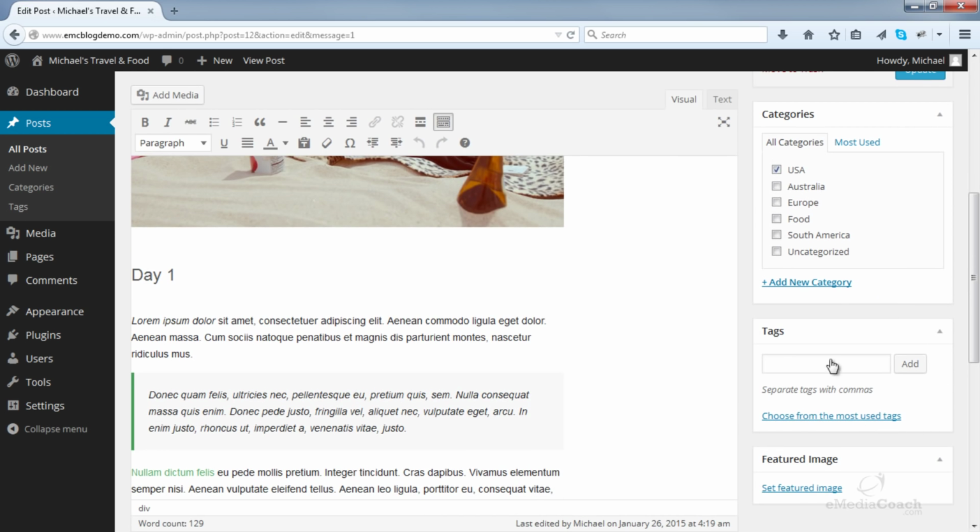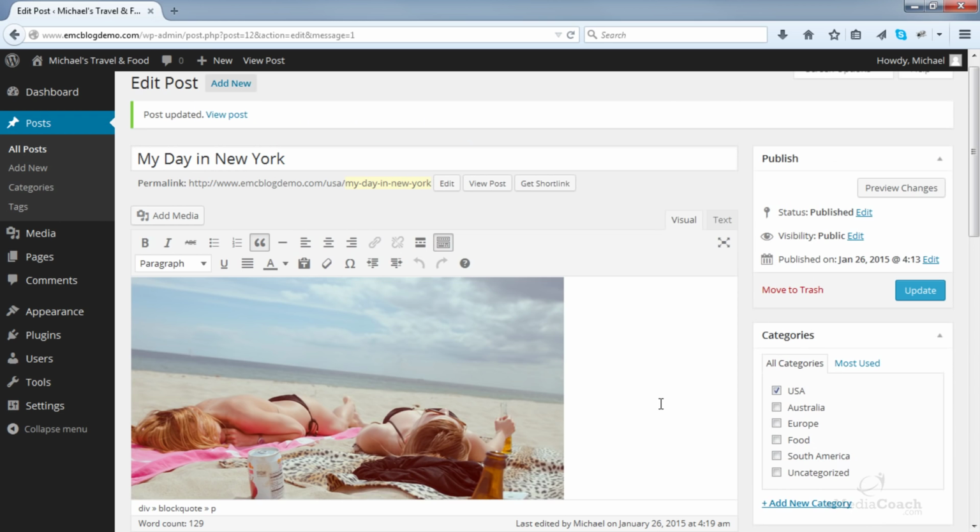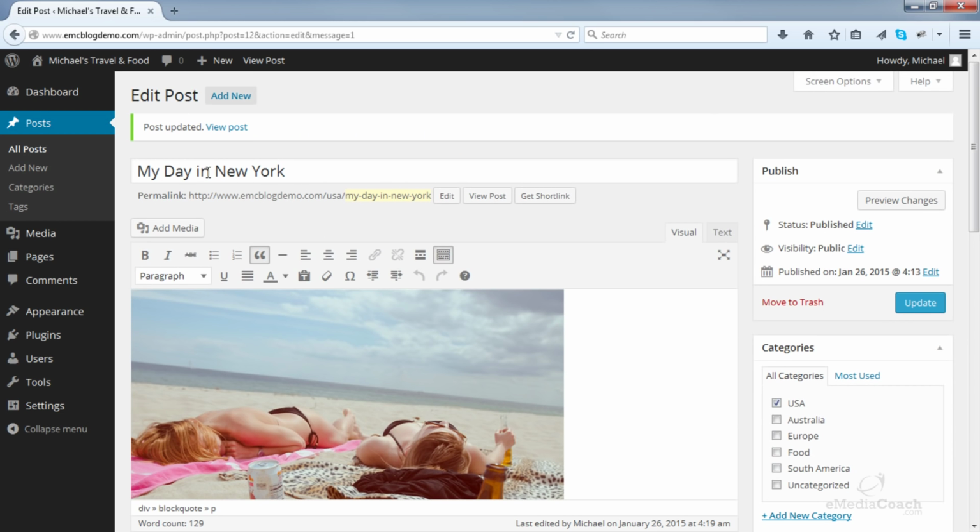We will use other features such as the feature image a bit later because we will need that when we're setting up our slider on the home page. But essentially, that's how to add posts onto your website. Don't forget that when you enter a title, make sure you select the correct category that you want the post to be in, because that will allow users to find your post easily when your website is set up. You'll see what I mean a little later.